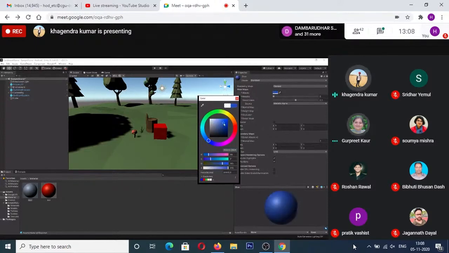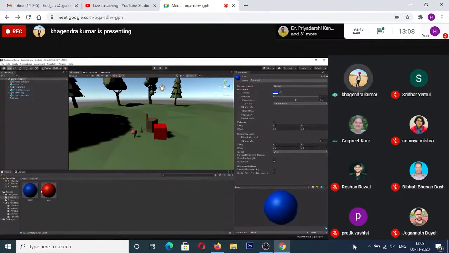Done. Go ahead and bring it back to the blue. Then it changes the color to the blue. Have you done it? Done. Yeah. Now, is it blue? Like whatever color you wanted to make it, did it happen? Yes, done. Now, have you applied it to your cube? Yes, done. All right.